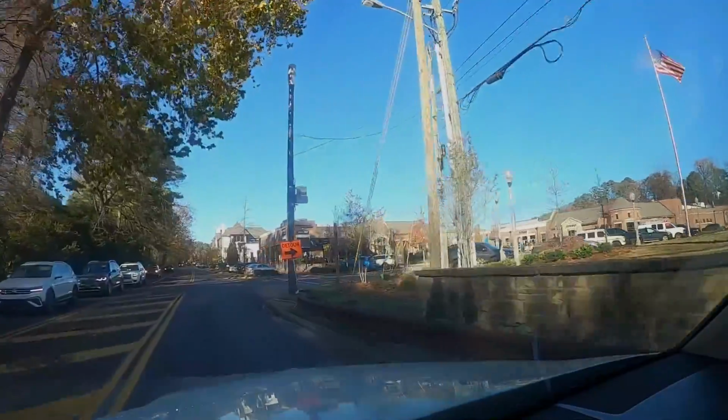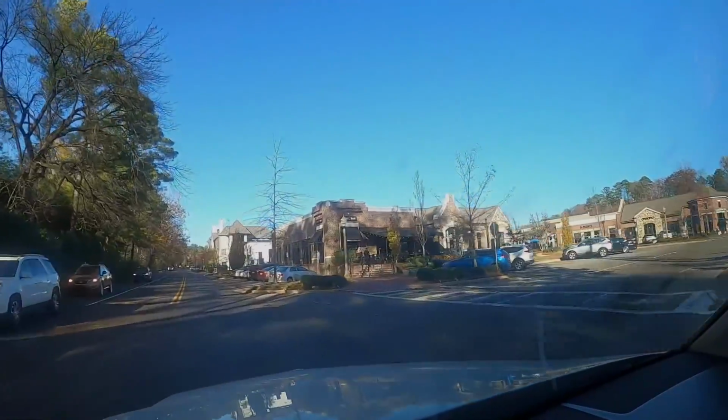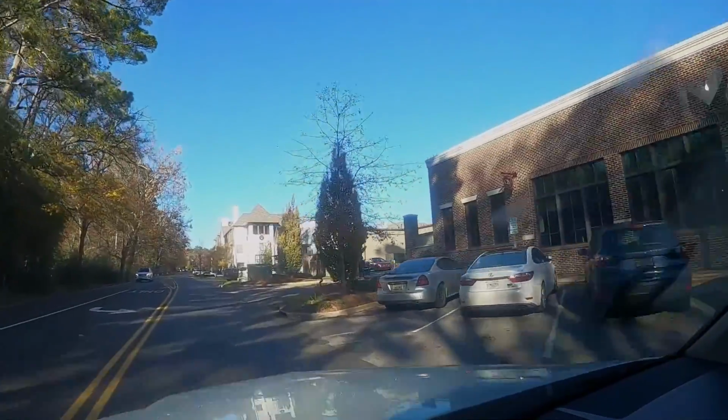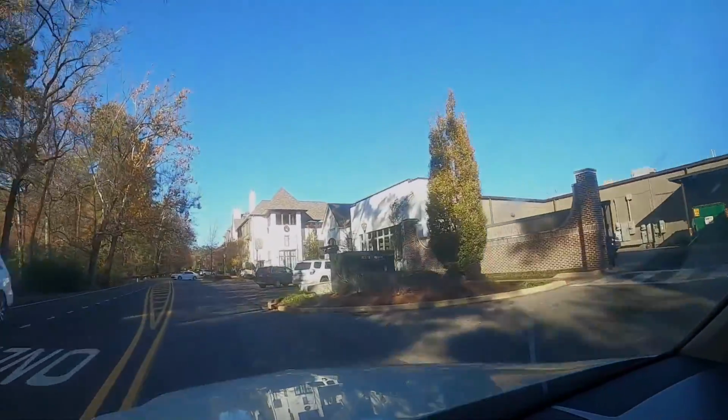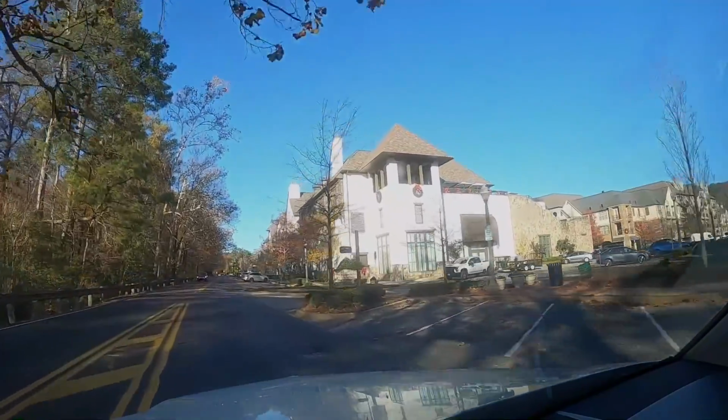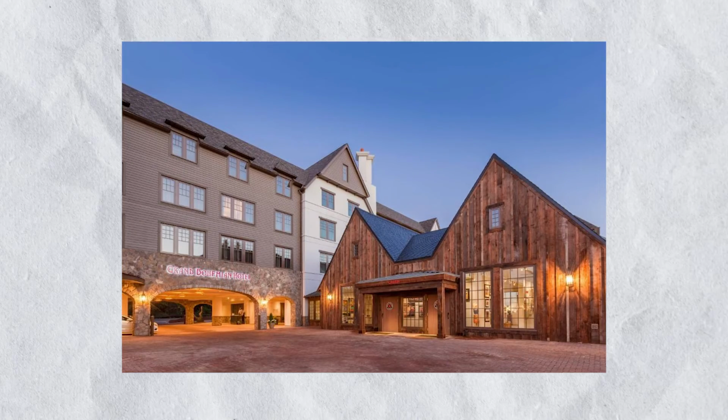They have actually recently been doing a lot of developing, meaning that what was once a small village has now developed into a large village, and they've kept the aesthetics as they have built and developed. They've kept the aesthetics of the older village and allowed the newer village to tie into the older village. In Mountain Brook Village, there is the Grand Bohemian Hotel, and that hotel is a very upscale hotel, offers several